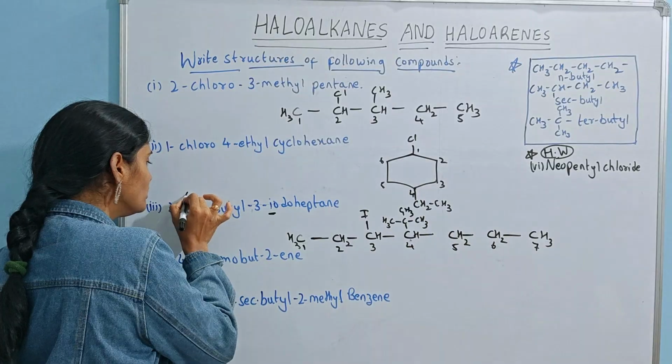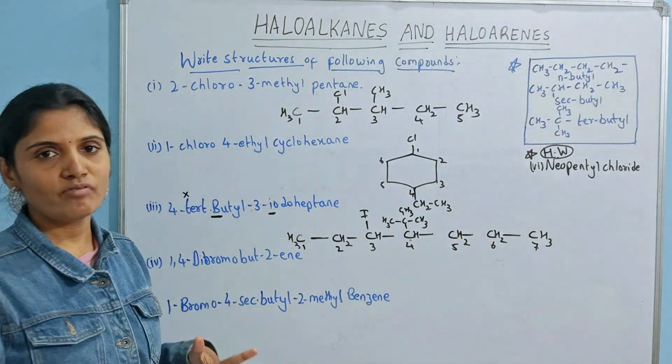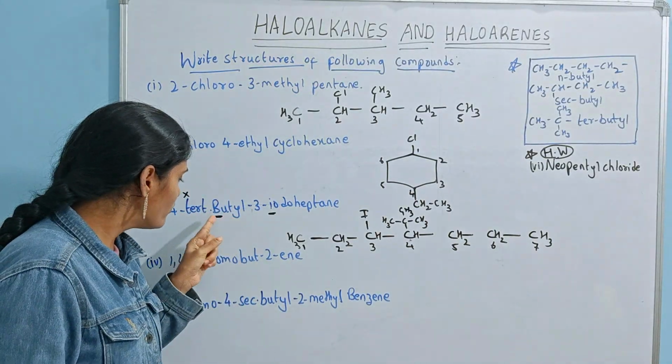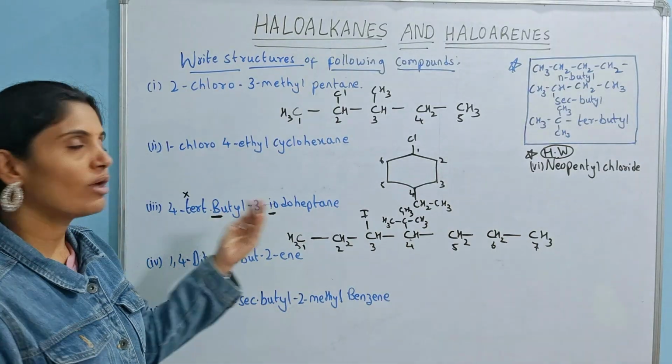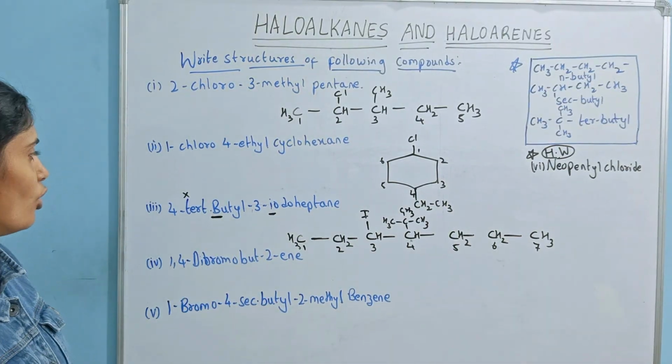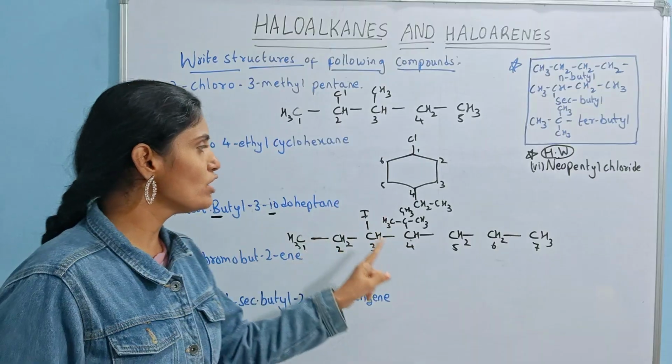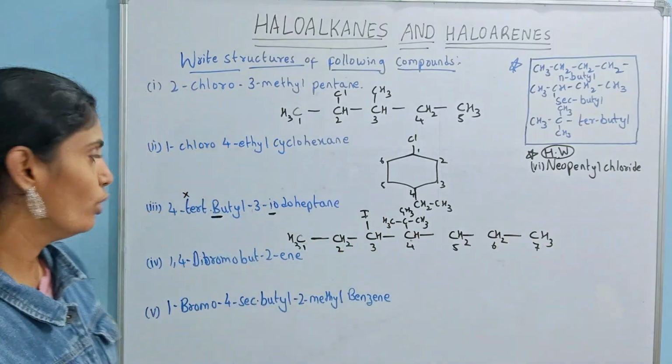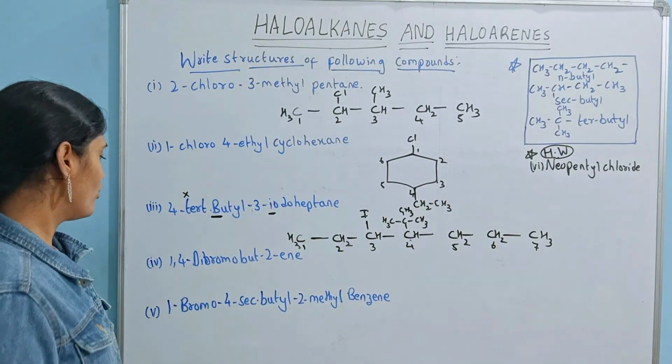You will not consider this T when you are checking the alphabetical order. You will check the first letter of butyl, which is B, which comes before I in the alphabetical order. So this is my 4-tertiary butyl-3-iodoheptane. Now see the next compound,